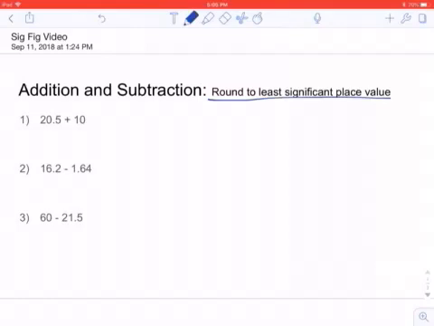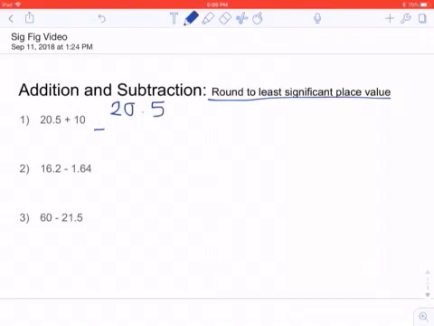So remember, the rules for addition and subtraction are going to look different than the rules for division and multiplication. For addition and subtraction, you're going to round to the least significant place value. The easiest way to do that is to line up your numbers. So for number 1, you're going to have